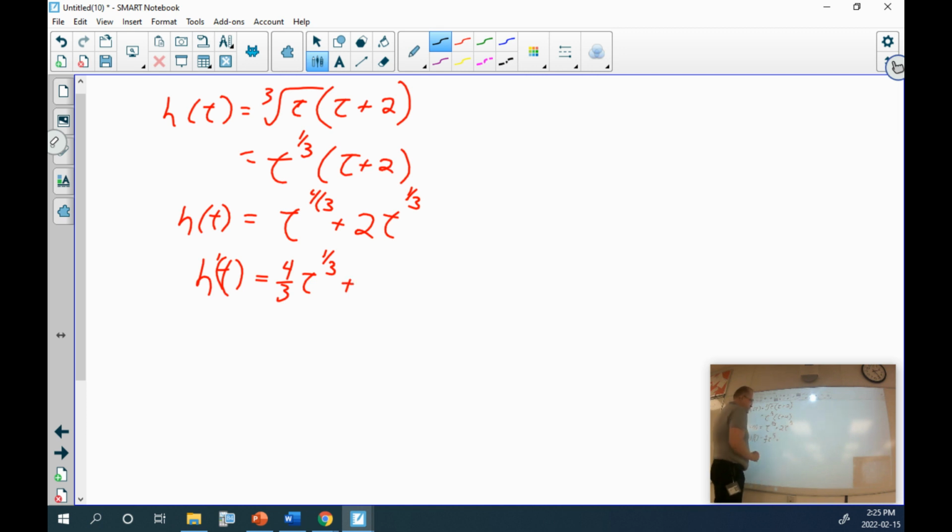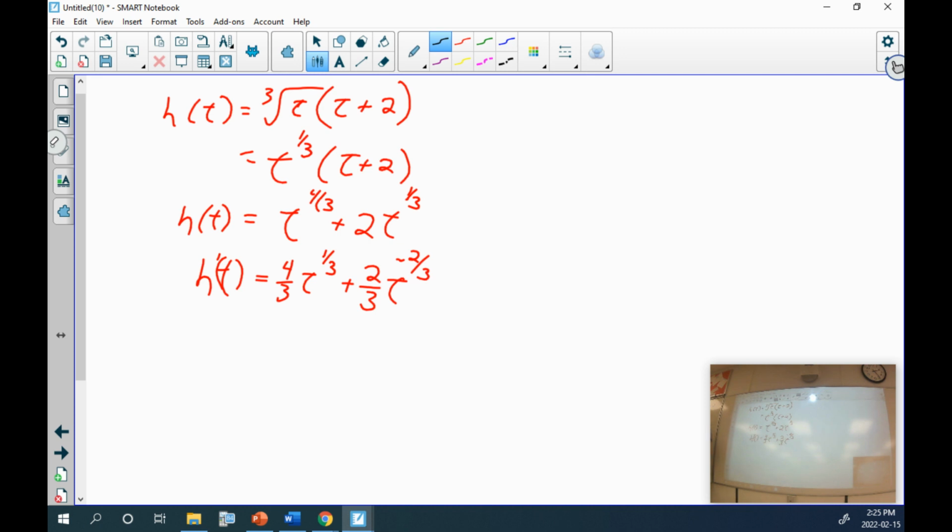And then plus 2/3 t to what power? -2/3. So again, with something like this, if I wanted a factored form, let's say again,